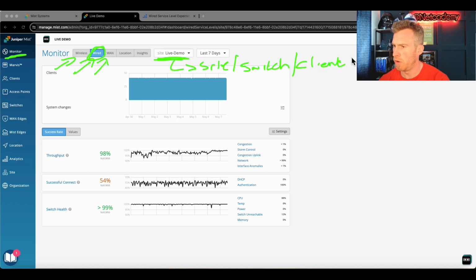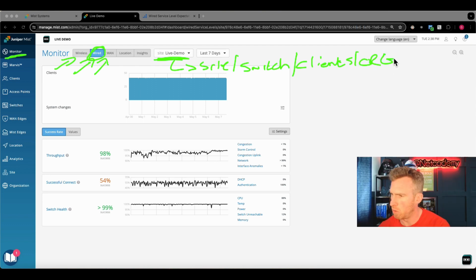So if you know of a particular client that is connected over wired connectivity to a particular switch, you know, its MAC address, etc., then you can go down to that level of insight as well. Or you can view all of that telemetry for the entire organization. So whether you want to have an org-wide view, a single pane of glass, and I'll show it in just a minute actually, or you want to see a particular site, or down to a particular switch, or even down to a particular client level, that's all done within this drop-down box here.